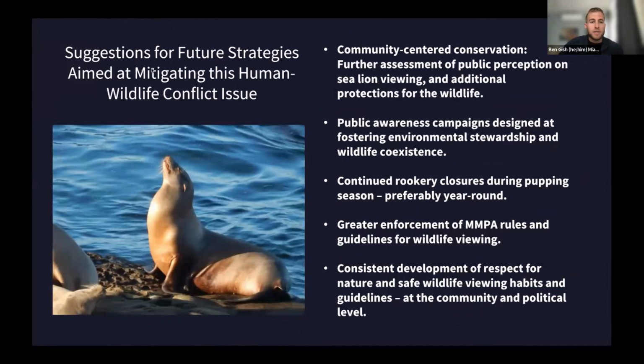And suggestions for future strategies aimed at mitigating this human-wildlife conflict issue. So this is a persistent issue, and it doesn't end here. This was a really huge success in getting that approved seasonal closure. But as we move into the future, I suggest community-centered conservation, such as further assessment of public perception on sea